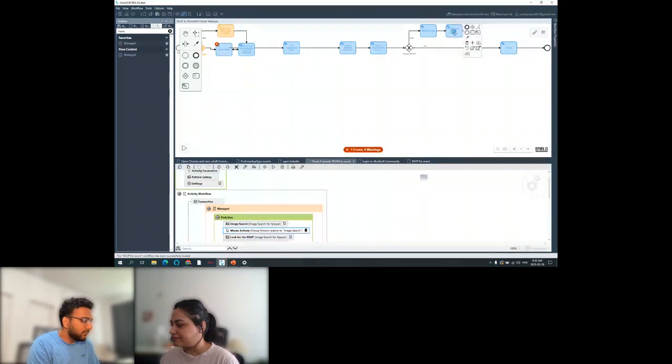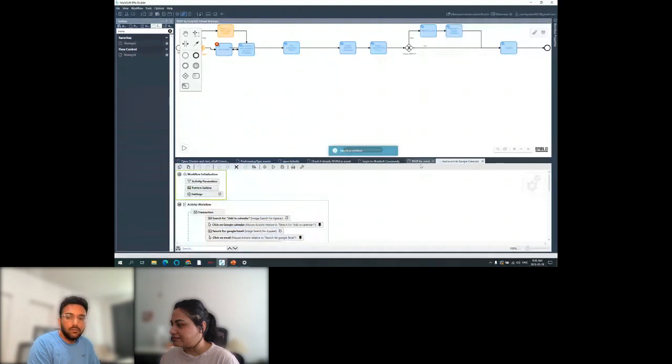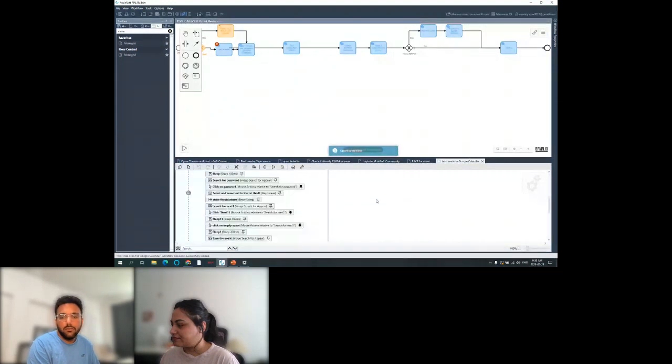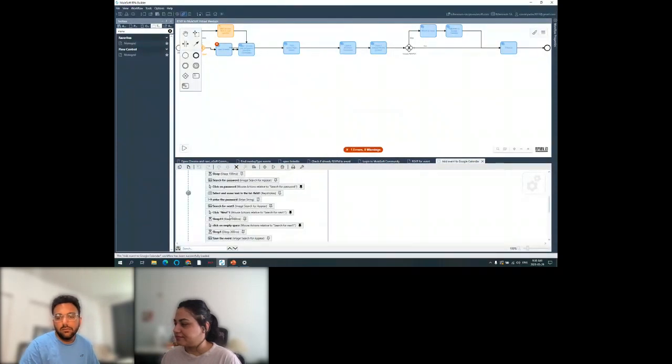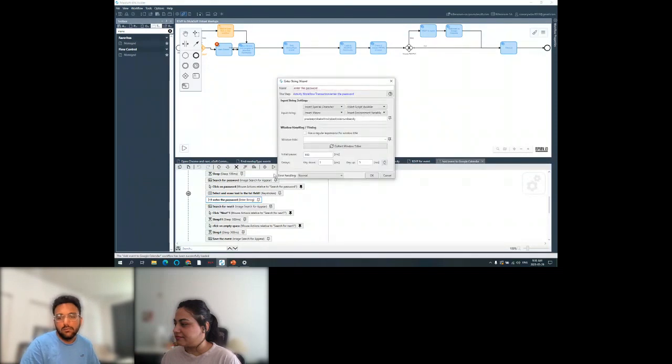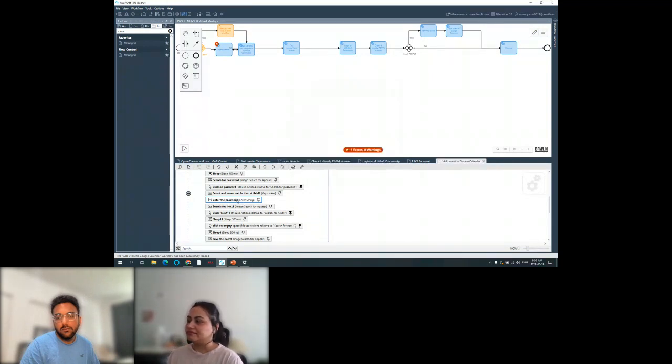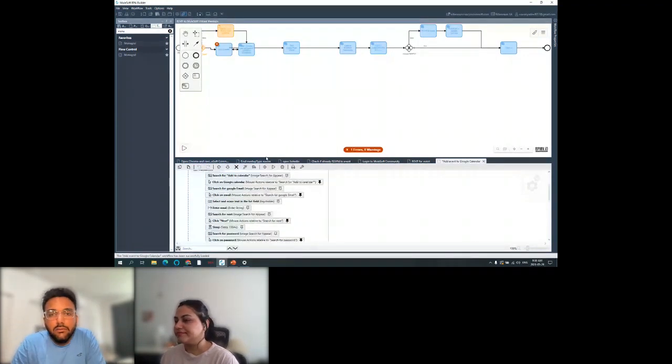Let me go to Google Calendar. Probably I have used it here. Yeah, click on empty space, sleep, click on the password, enter the password, right? So enter the password in the enter string. What I am doing is trying to enter the password manually, but there is another way that you can fetch from. Give me 1 second.